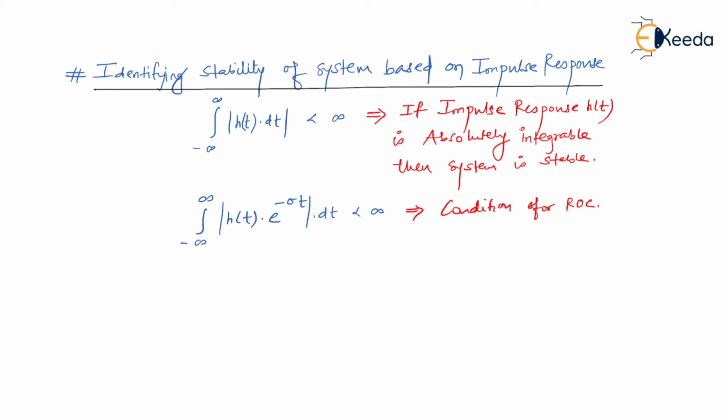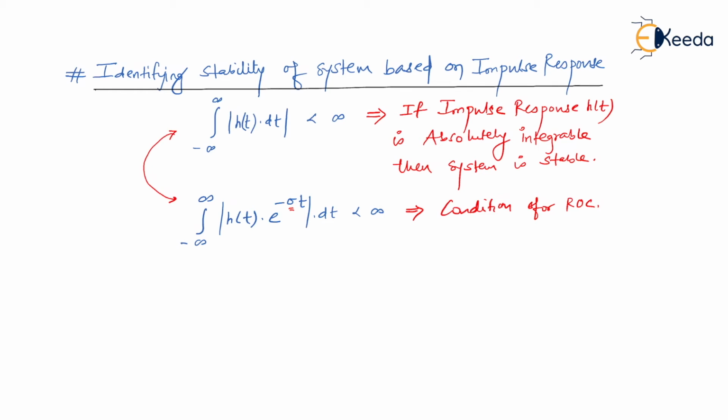So if you remember, we used to take this integral, and here we used to keep on varying the value of sigma, for which we used to see whether this is absolutely integrable or not, or those set of values for which we get the integration answer to be finite. Those range of sigma we consider the region of convergence. Am I right? So somehow, if you see, these are quite similar integrations.